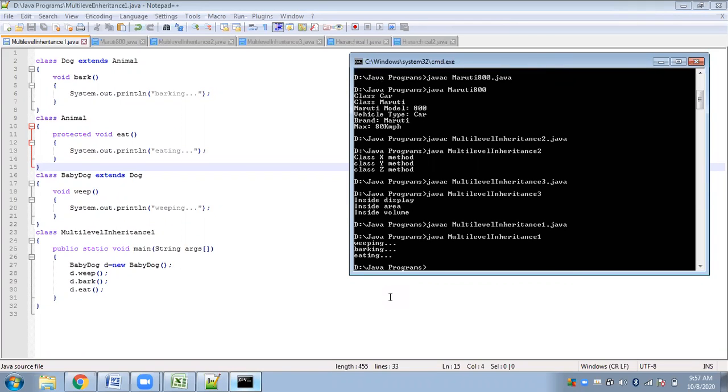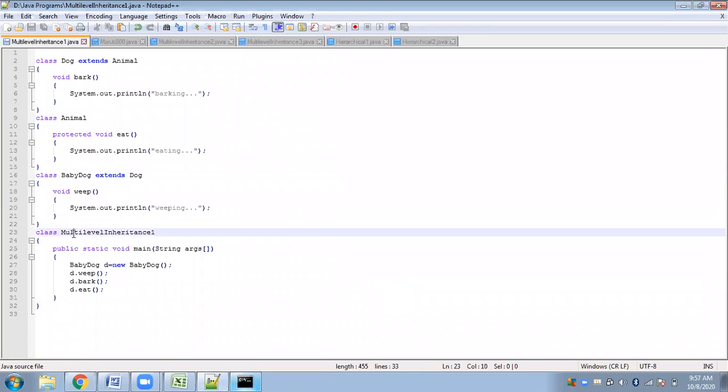It is not in the order. It is from where you are invoking which class. You can even have this class, which is not a part of this multi-level inheritance. You can even write this class at the top, and you can write the parent class, grandparent class at the end. It does not matter in which sequence you have written the program.